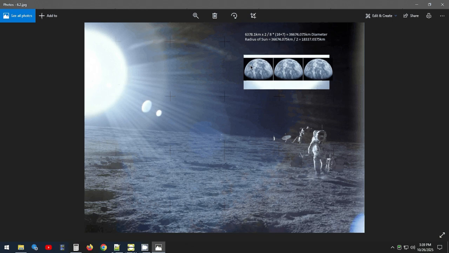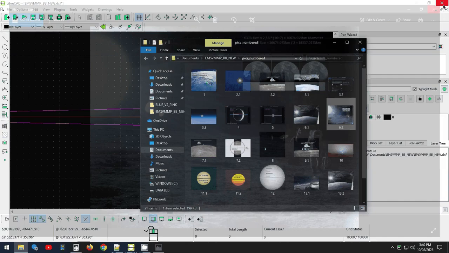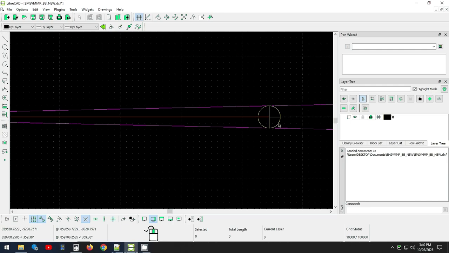So we have 2 times the radius times 2, so times 8. 8 portions. 1, 2, 3, 4, 5, 6, 7, 8. And then 1, 2, 3, 4, 5, 6, 7. So that gives us our diameter of the sun. We divide that by 2 to get the radius of the sun. So the radius of the sun would be 18,337 kilometers. And if we check in my drawing,